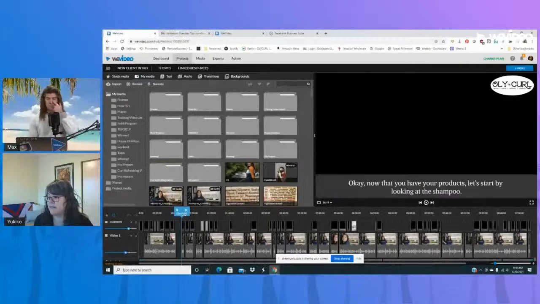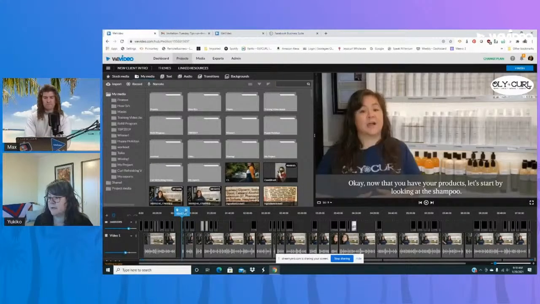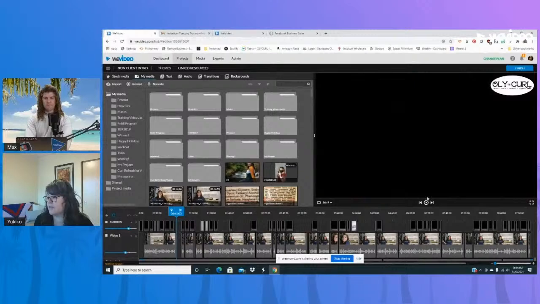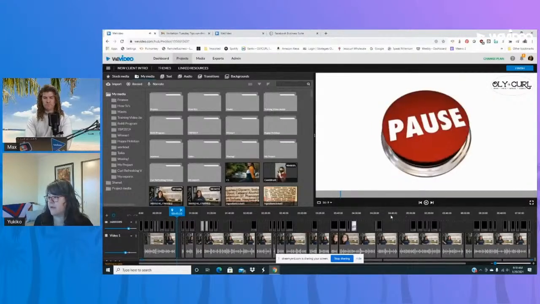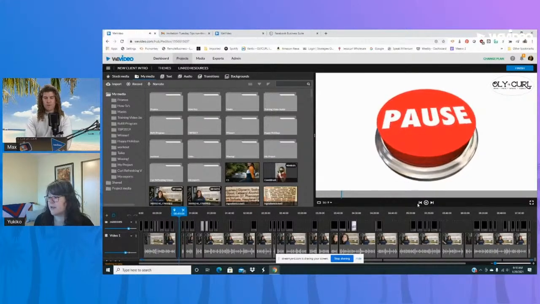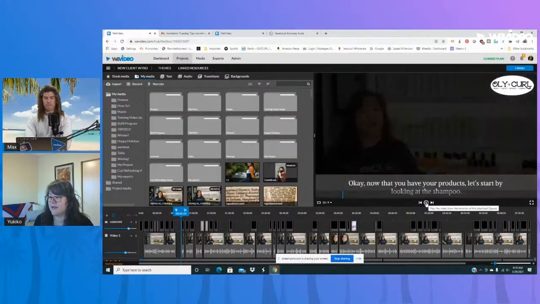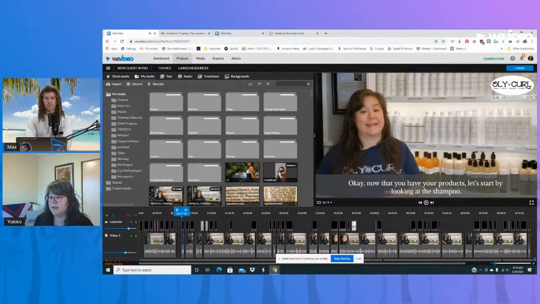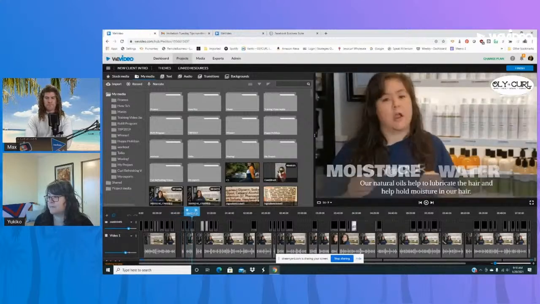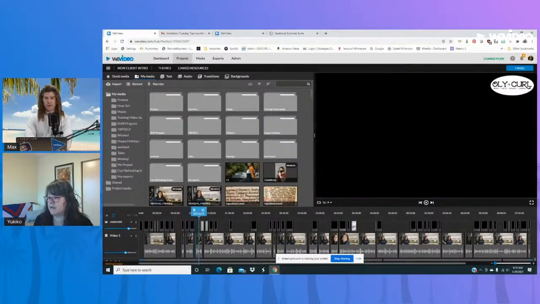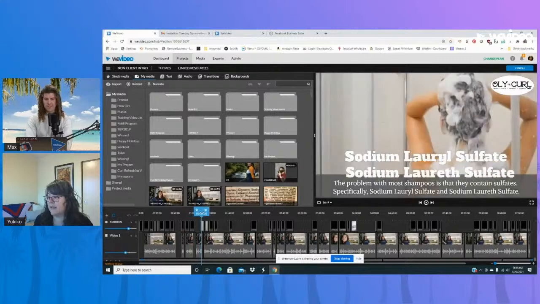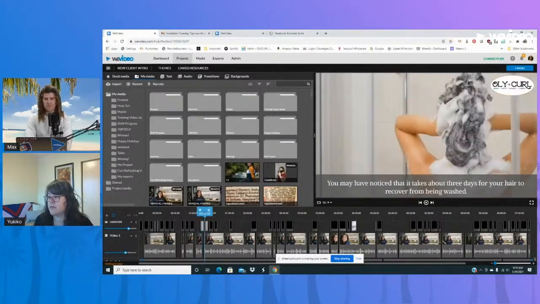Some of the fun stuff that we use. Oh, it's just being kind of jumpy. Sorry, my internet's not the best. Okay, no worries. So I use this pause button and a lot of text overlay. Love it. Yes, I do use